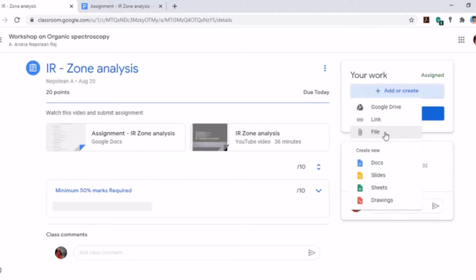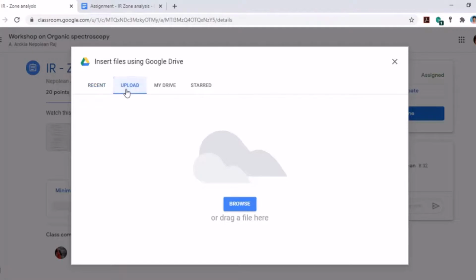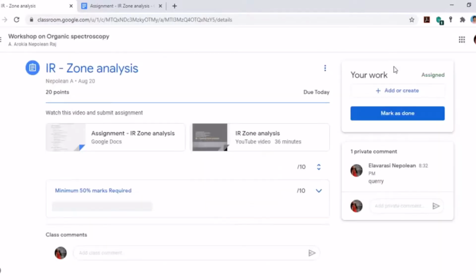Save in your desktop or laptop. Attach those files here. You go here to upload. Browse here to upload the file, whatever file. Browse and upload that file. You will find a button here to upload that file. Okay, upload, then come back here. There will be an option to turn in or submit your assignment. Click that and I will get your assignment. You can also make some comment, whatever you want to make. You can make your comment or your query in this place.